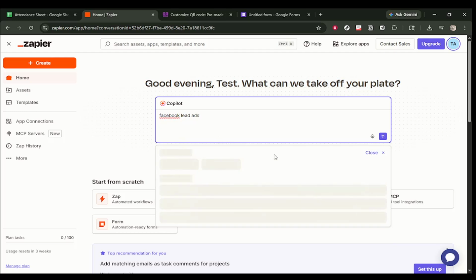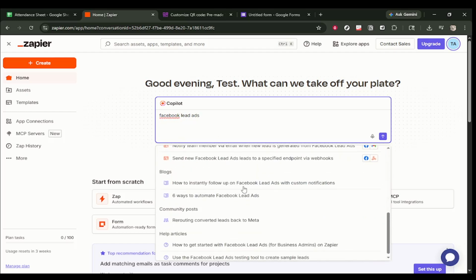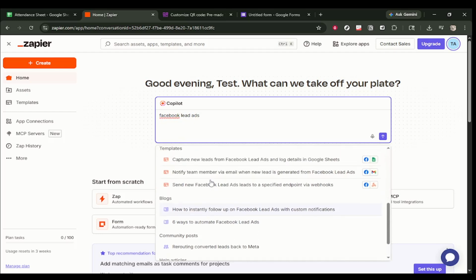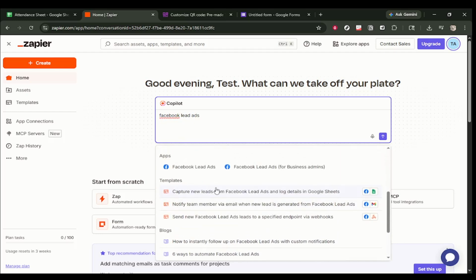After you see the search results, click the highlighted result that appears. Then click the highlighted option again on the next screen. These clicks guide you from the general search results into the specific template area where Zapier provides pre-built setups for